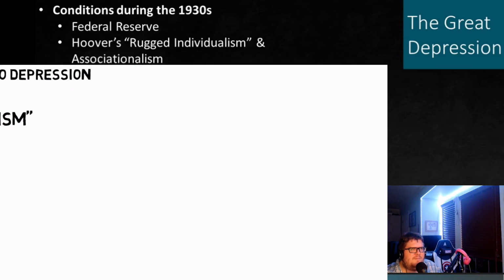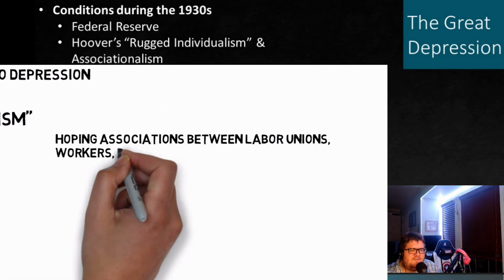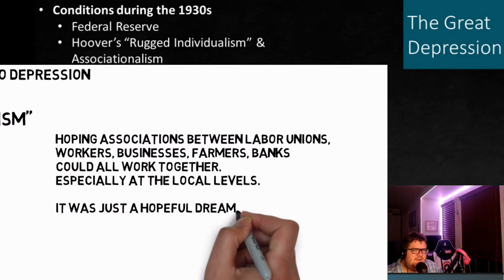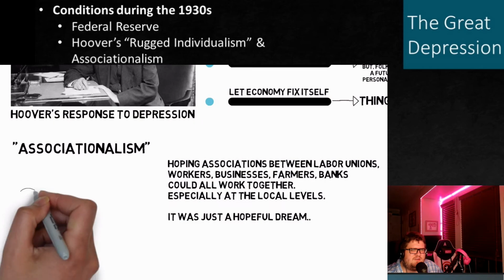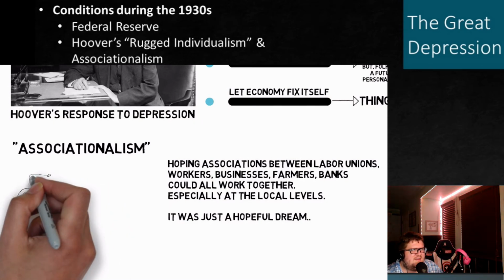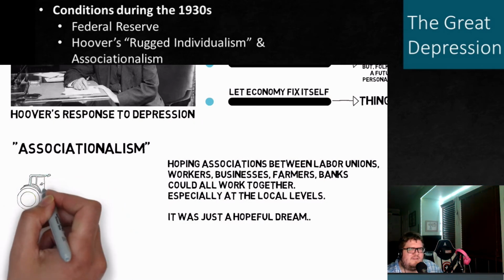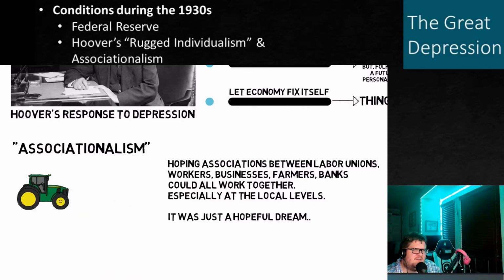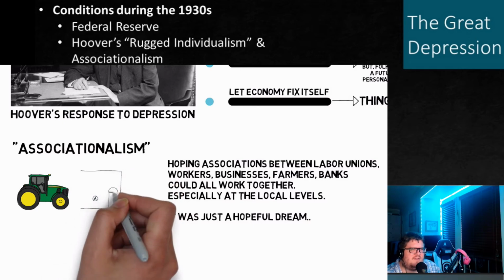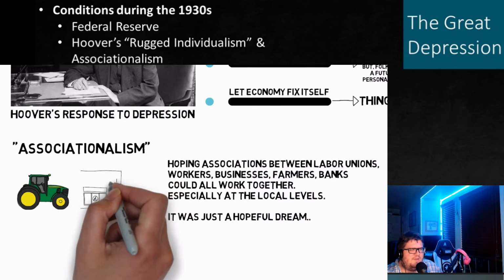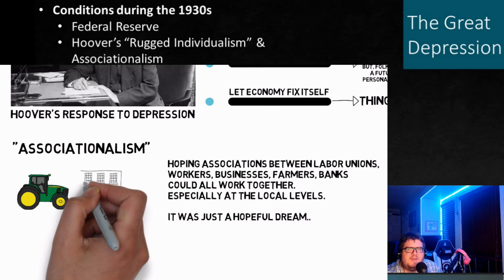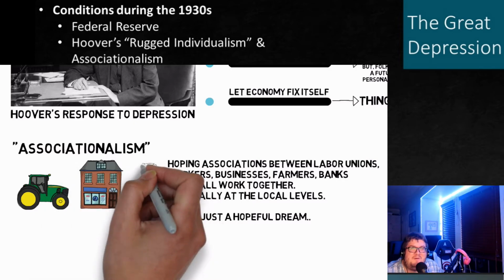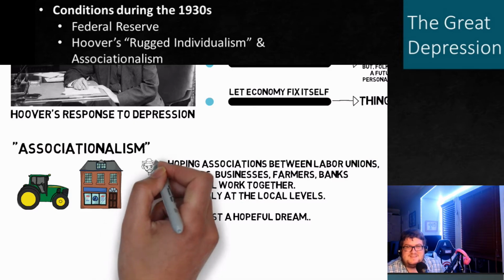He kind of hoped that these associations of businesses in different sectors of the economy would work together. I mean, even labor unions were attached to a lot of the associations. And it's all nice on the surface, and it's all well-intentioned again, but it doesn't work that way. It really doesn't. Humans are greedy, if nothing else. So when you look at businesses who worry about their bottom line, when you look at farmers who are legitimately freaked out and like, well, why would you want me to produce less? Like, that don't make sense to me.